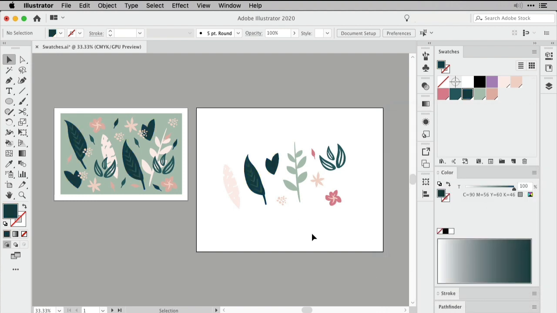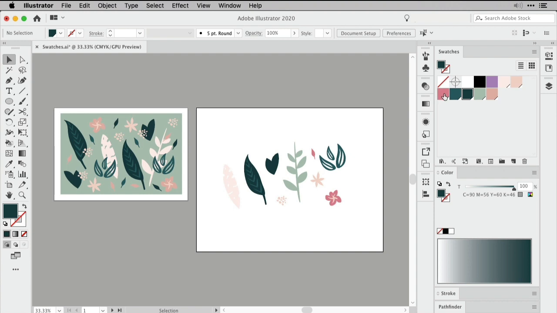Now since I can see I have changed my original light colored pink into a darker one, but this is not represented on the second artboard I have with my artwork, there's actually a really neat way to switch colors in Adobe Illustrator. Now if you want to update a swatch, and it is a global swatch, there is a really neat way to do this, and it will automatically update all of the shapes that have this particular color applied that you placed in your artwork.